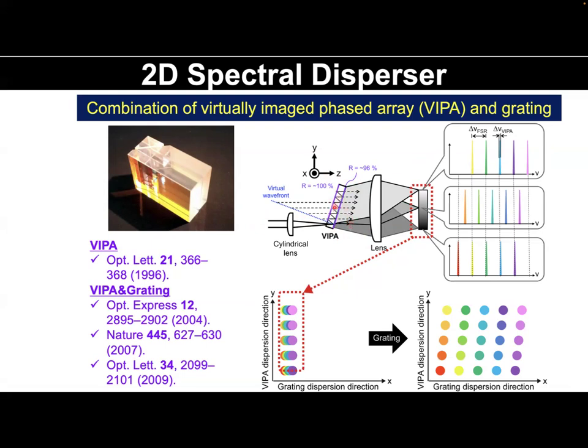In this case, the output light from the VIPA has a different wavefront depending on the vertical position, like here. And this wavefront is steeply tilted. This results in the large dispersion power of the VIPA compared with the grating. Next, we consider the optical spectra